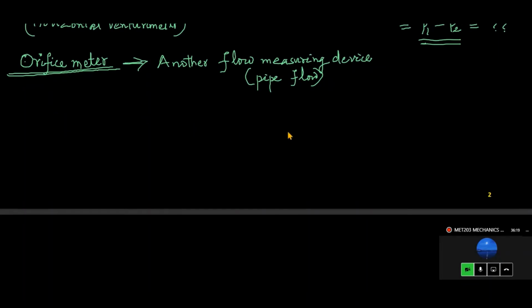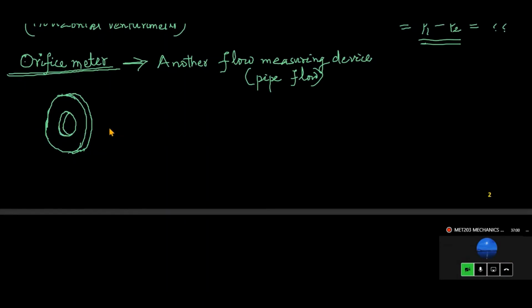So what exactly does the orifice meter mean? See, orifice meter means you will install a device like this. It's actually simple in construction. So just consider a circular disc like this, a disc with a hole. Okay, and you can give some three-dimensionality to this. So the disc with a hole, like this. Okay, so remember it's a circular disc having a central hole, and this hole is called the orifice actually.